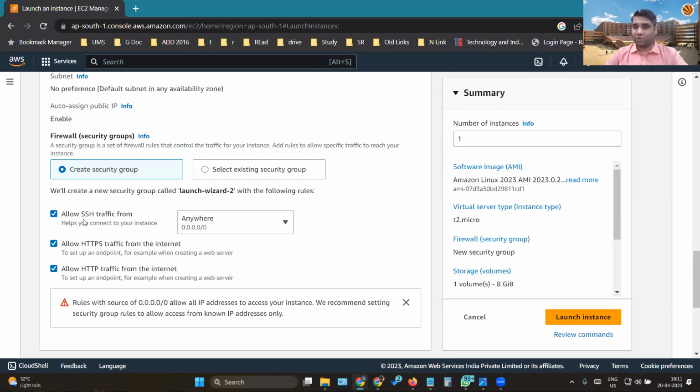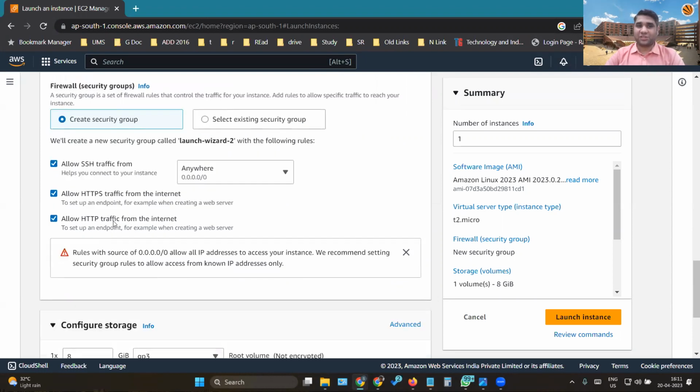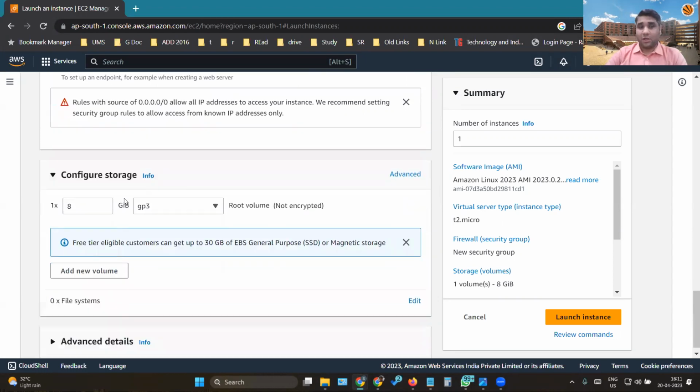When we execute it through a remote access, we'll just see how that works. Now, this is to make it accessible through the web browser. Now, storage, again, you want to have storage in your system. Right now, it says 8. So let's just increase it to maybe 10 GB and we'll just have a 10 GB storage.